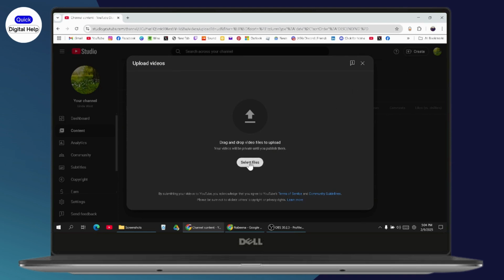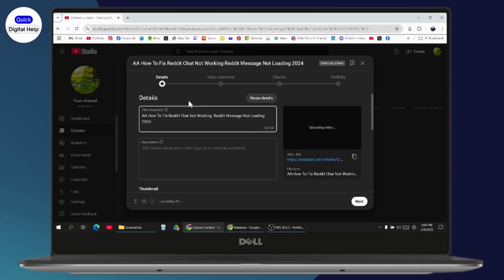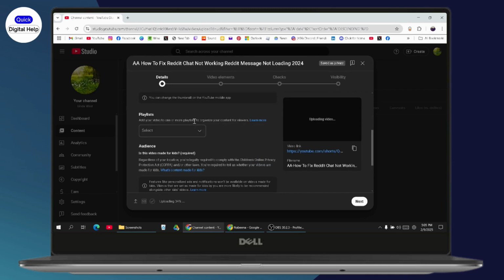Now from here, you need to go with select files and just choose any file that you are comfortable with. And here, if you're uploading a short, make sure that the resolution is 608 multiplied by 1080. If you have that resolution, then it will recognize it as a short and you can enter some details, or